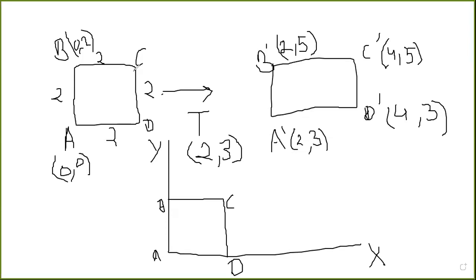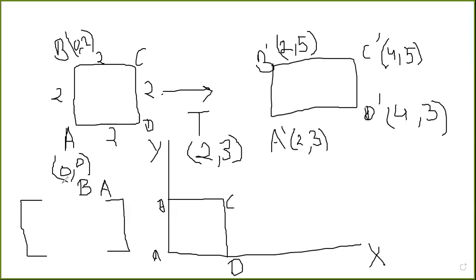Okay, it is very easy to understand what is translation. Now translation you can describe, and you can also get the result. But we don't want to do this calculation with each and every point. So what we have to do, you have a matrix of the original object. How many points do you have? A, B, C, D, 4 points.